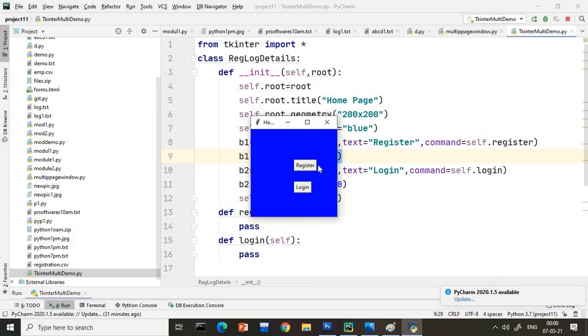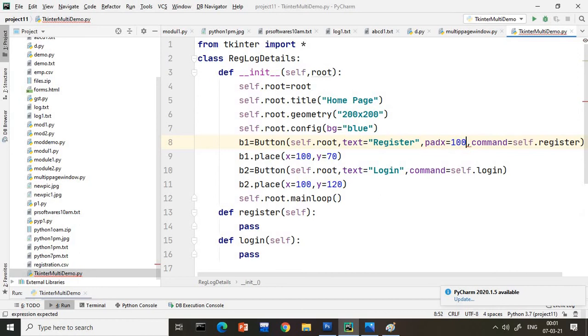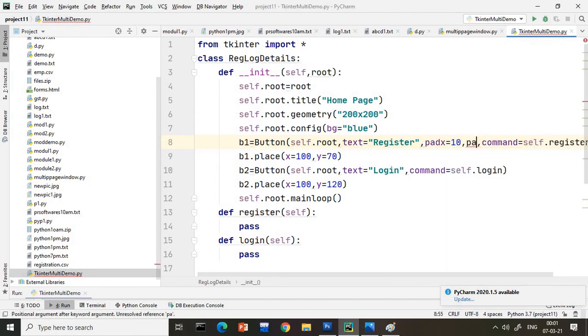Because, guys, the x-axis, padding and all this, we already discussed. So if you want, you can give that padding also to your window. Okay, so you are already aware how to give the pad. If some people are not aware, I can just add the code here. padx is equals to around 10, and pady is equals to around 10.